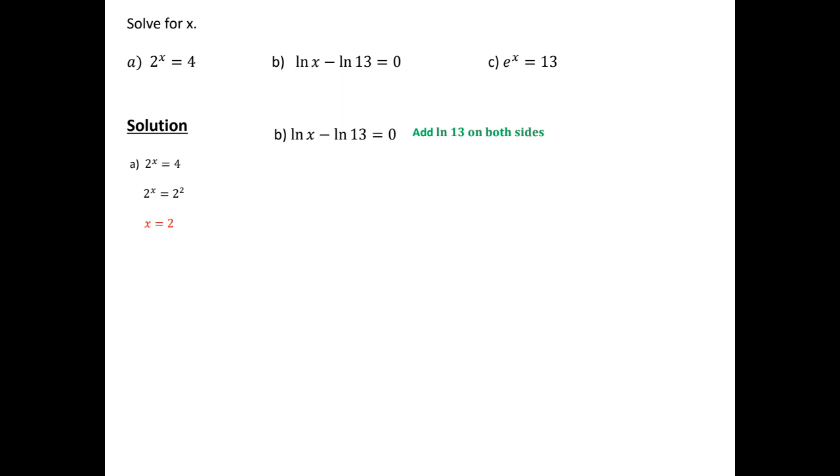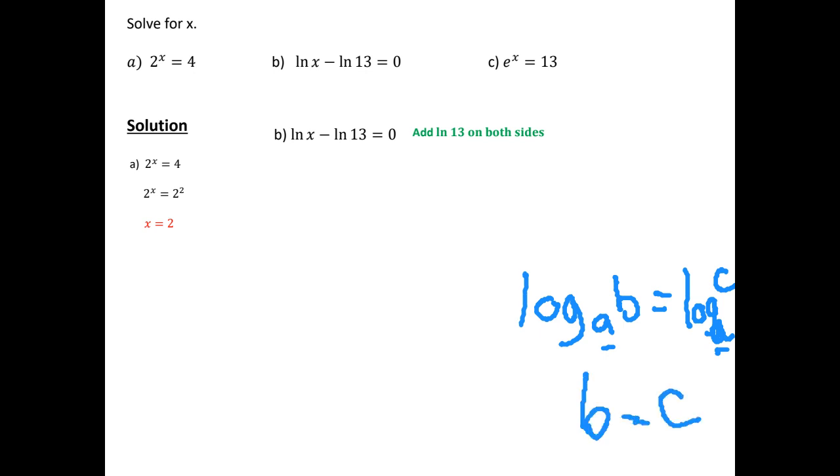Okay, so for logs, if you have the log on one side and you have another log on the other with the same base, so in this example my bases are a, then the one-to-one property allows us to set b equal to c. Okay, so that's the one-to-one property for logs. So when you're doing these, if you see here,